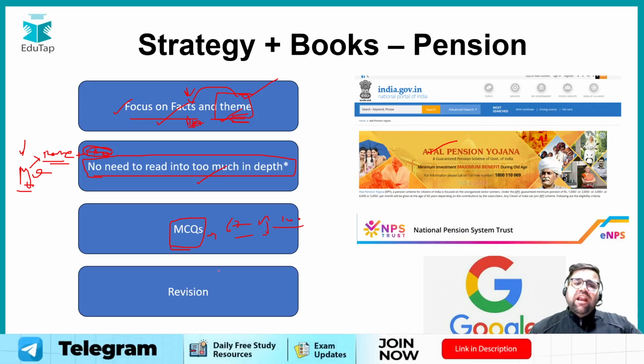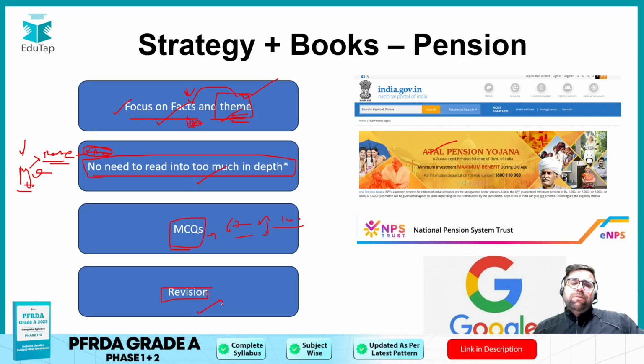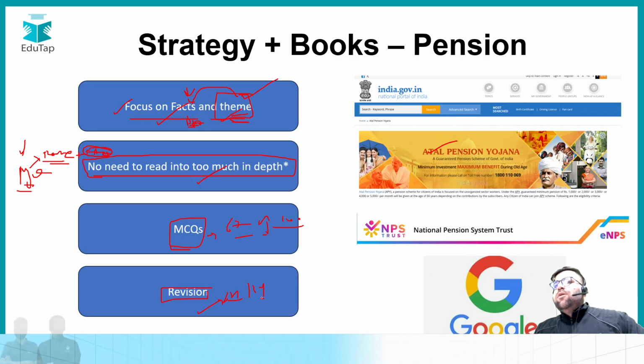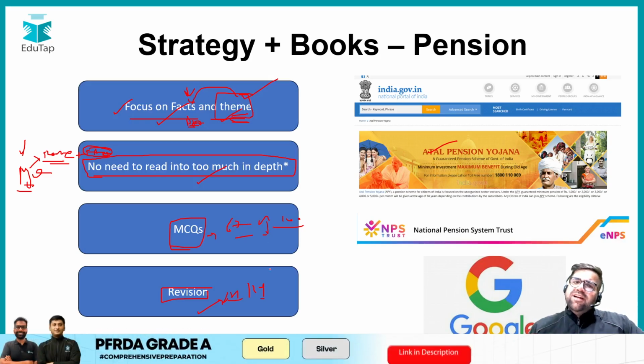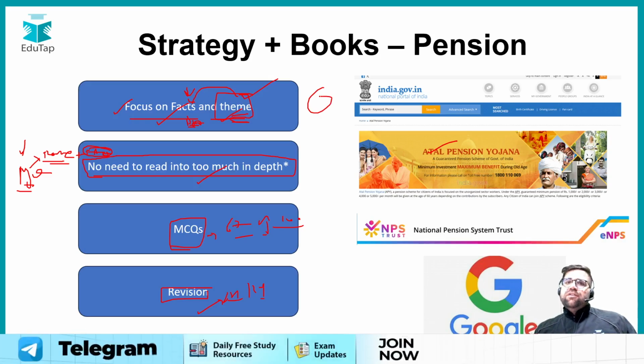Okay, and at last, my friend, you also have to do a long revision. By long revision, I mean you have to complete the entire pension component, let's say in 2 hours or in 3 hours, because this is not a big component like commerce and accounts, costing, economics. It is a smaller component, right? If you compare it with management, then yes, you can say management is a bit higher than pension.